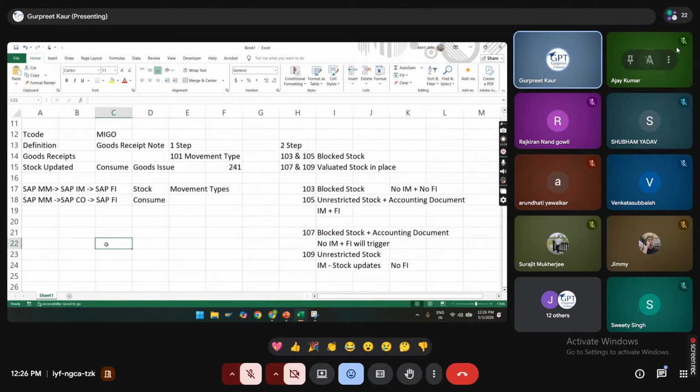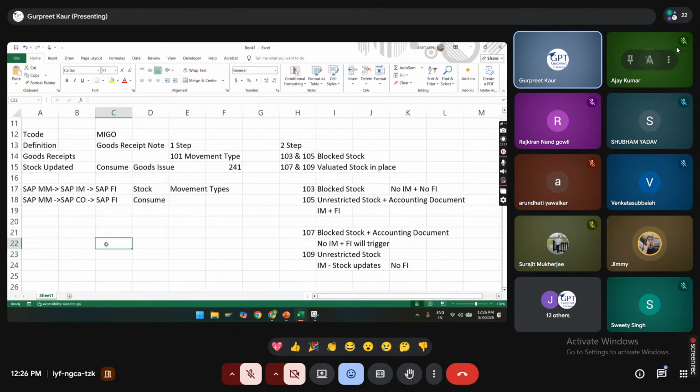Okay, now this is about the GRN. So can anybody tell me what a return PO is? Is it possible? Can I create a dedicated document type for a return PO? Or can an organization actually go with this kind of situation where they need a return PO?